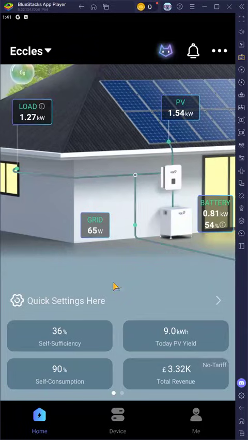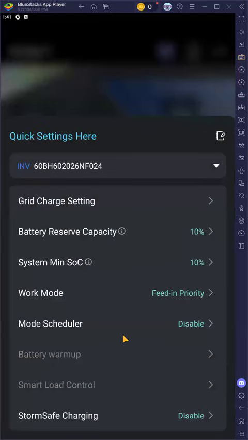That's what that means. Looking at this screen, we're going to click on quick settings in the lower portion. Some options are going to appear. If you've got multiple inverters, you'll have a drop down at the top. If you only have a single inverter and battery, you won't have this drop down. Grid charge settings. This is a feature that came out right with the very first Fox inverter and the very